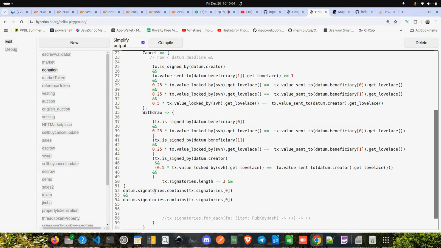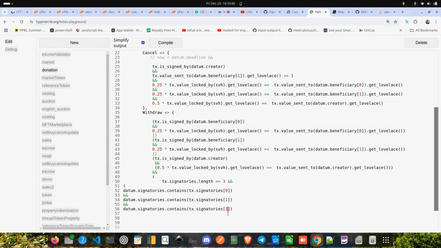I've said that for the list of signatories on the datum, we check that the first signatory is on the transaction, that it is there. Then the second one, it checks again that it is there. It is here. And then we do it one more last time. Okay, if you can follow me now, it means now